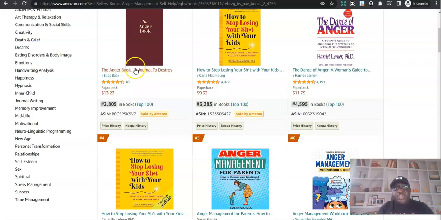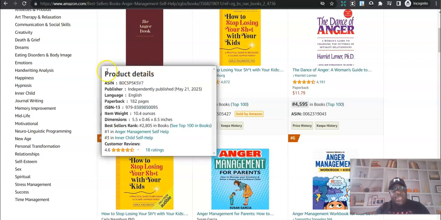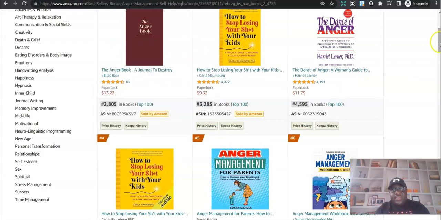This is something I want to jump into, but for the simple reason that it's a journal, I don't do low content books. I do what they call high content books. I do 30,000 words, a minimum of 30,000 words, pure non-fiction. But again, the criteria is you should be looking out for books that have fewer reviews. Like this one has 18. If it was a topic I was interested in, but it's a journal.